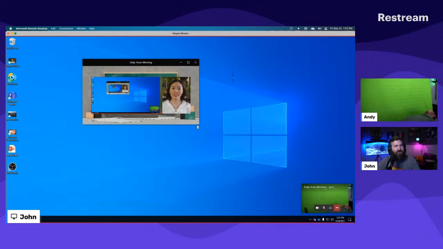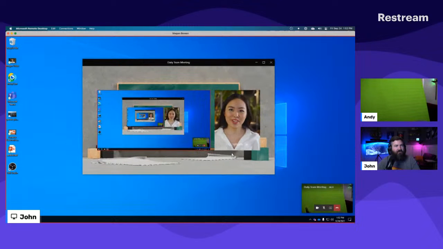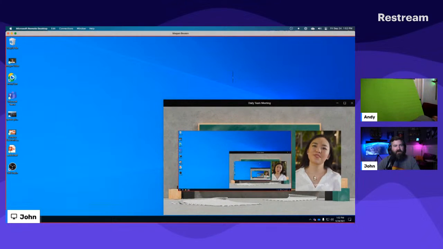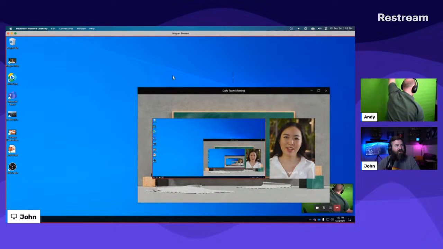It's not displayed through the meeting, so it's going to kind of be transparent. And this is a way that you can kind of monitor yourself. You can put this in the lower corner and kind of hide your confidence monitor, if you will. And you can change the backgrounds that way.